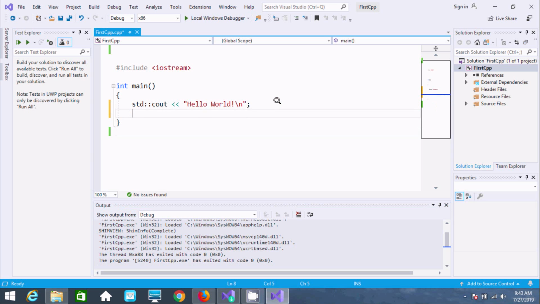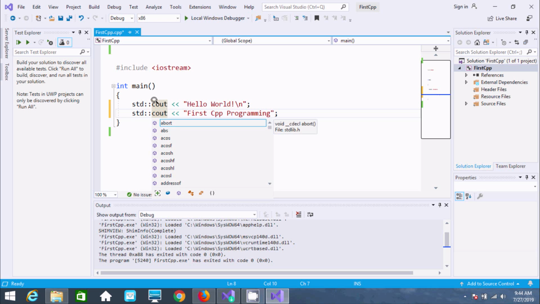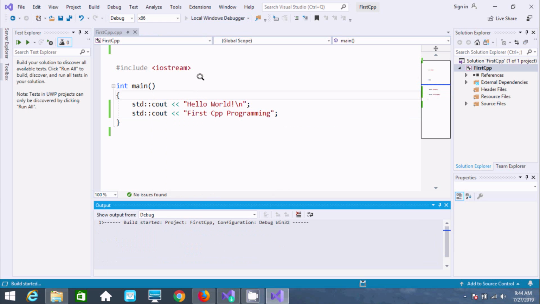Now let's use cout here and write first C++ programming. Now we get an error message because cout is a predefined function and it starts searching with std. So either you can use namespace std at this place, or you can include std with the scope resolution operator, the double colon. Now if you execute once again,